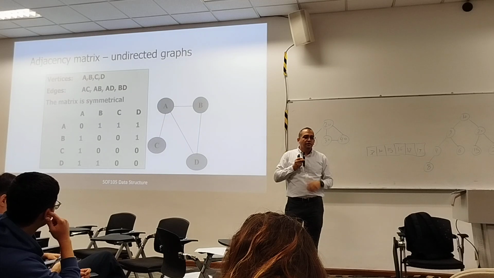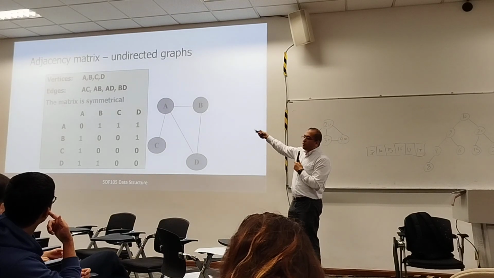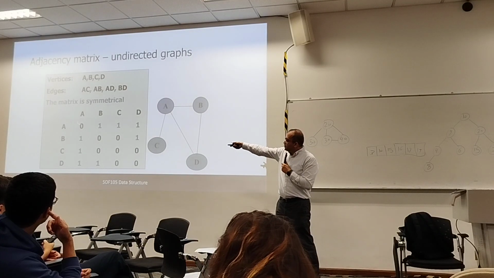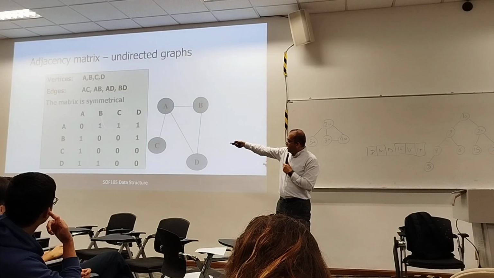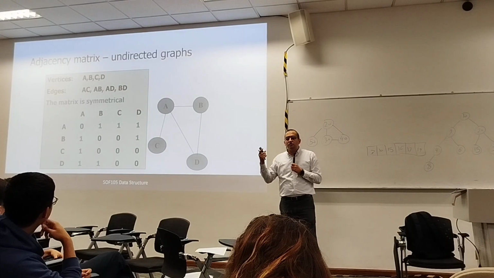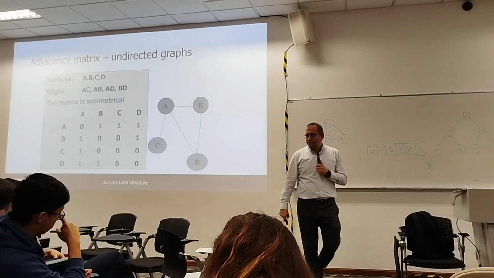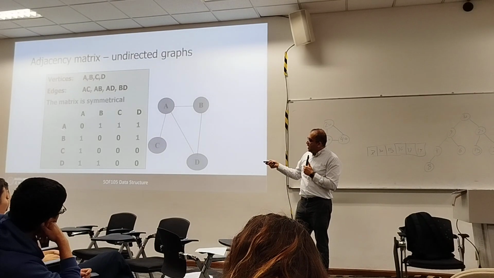Now it's very easy. So I come to here. I have an edge between A and B. Row A, column B. Row A, which one? This one. So row A, column B, 1. There's a connection between A and B, so just put 1. It is unweighted. 1 means connected, 0 means not connected. Coming to here, I have A to C, right? A, C,